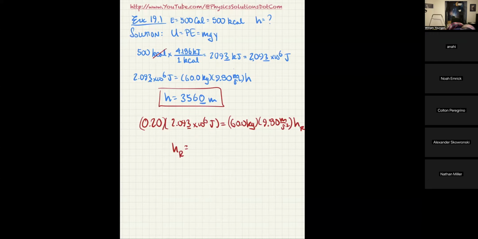So the real height would be specifically 0.2 times 2.093 times 10 to the 6. That gives me obviously a smaller amount of energy. It gives me 4.186 times 10 to the fifth. So now I'm going to take that 4.186 times 10 to the fifth and divide that by 60 times 9.8. And when I do that, I get more like